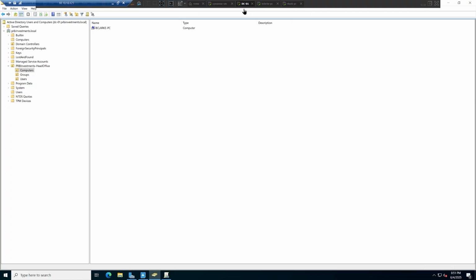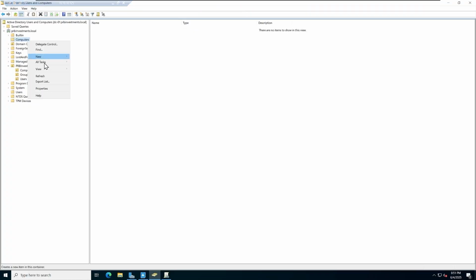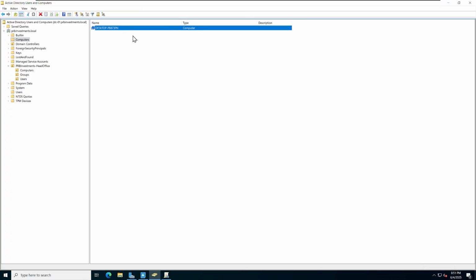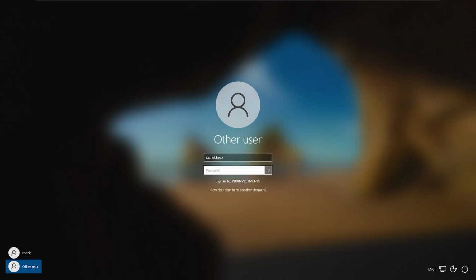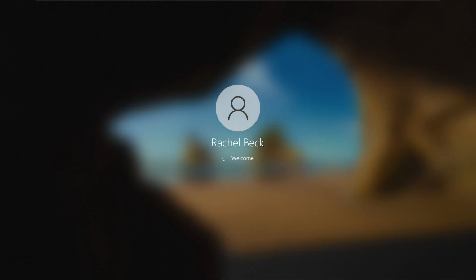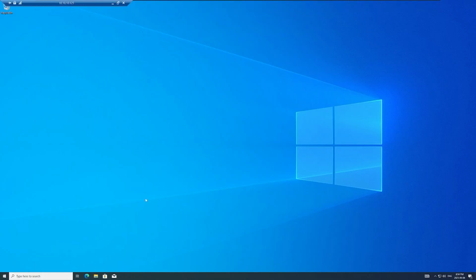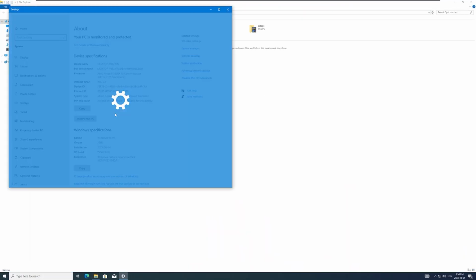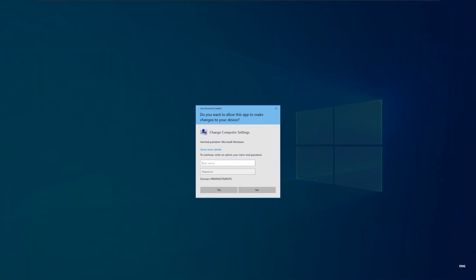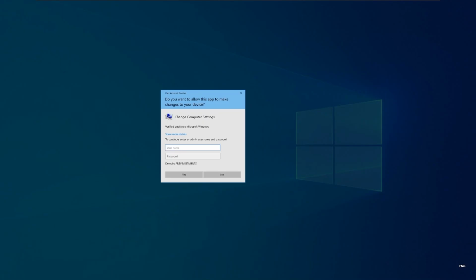Now, back in Active Directory, I see that a newly joined computer has a generic name, which doesn't meet our naming convention. We want something identifiable like rbeck-pc. So on Rachel's PC, I'll log back in. Then I will go back to settings and rejoin this computer to the domain. Now, we get another UAC prompt that we didn't get when we joined the computer to the domain, because the account rbeck was already a local admin, and that account had the necessary privileges needed to add the computer to the domain. Rachel's domain account does not have the same